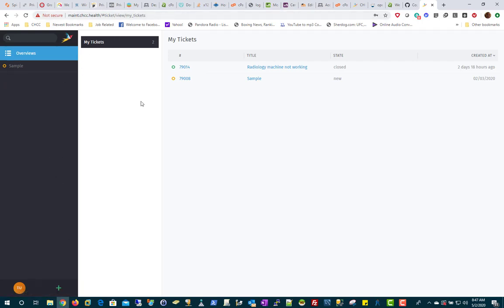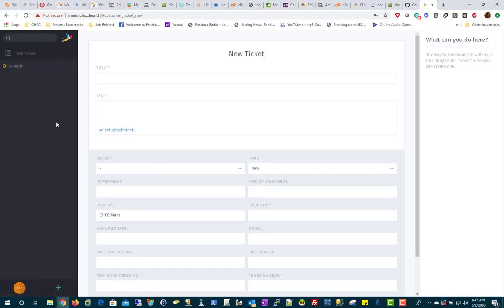Let's go ahead and go back and take a look at the opening again. Now from here, this is going to be very basic for the users. All you're going to need to do is click this plus, and that's going to open up the interface for a new ticket. Think of this very similar to an email. So what you're going to do is put a title. So you could say,